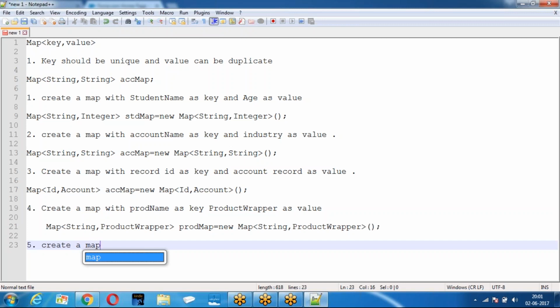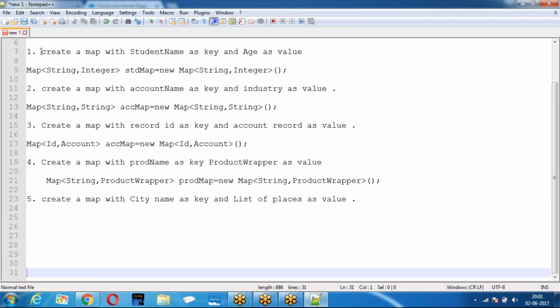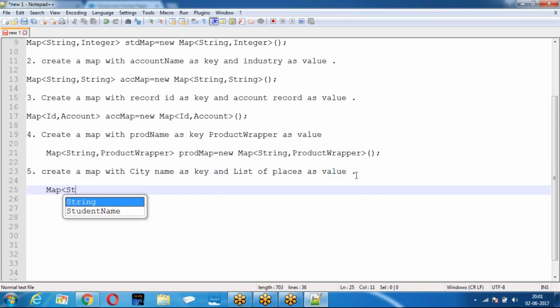Create a map with the city name as a key and a list of places as a value. Then how do you create it? Map of city name as a key, string, list of places. Places will be what? Hyderabad, Bangalore, so it's going to be string. So list of